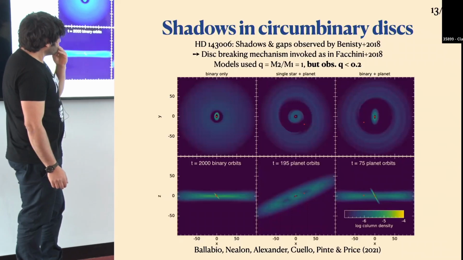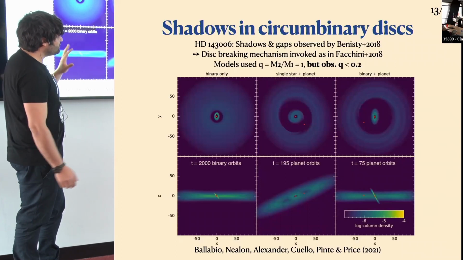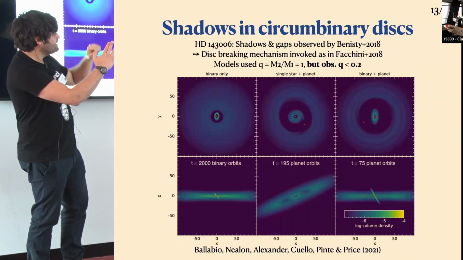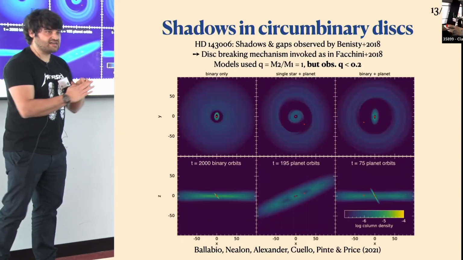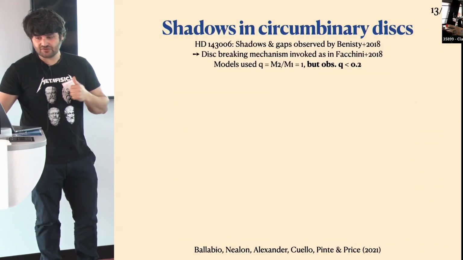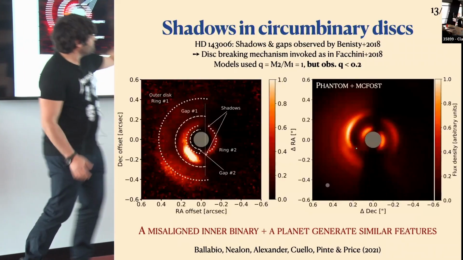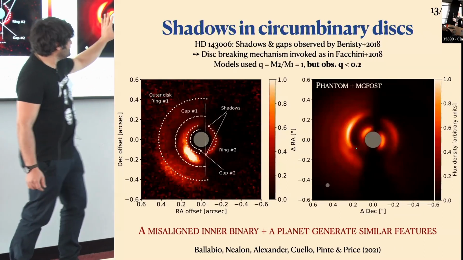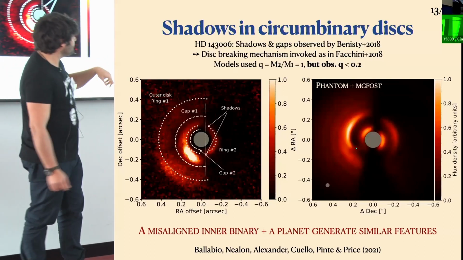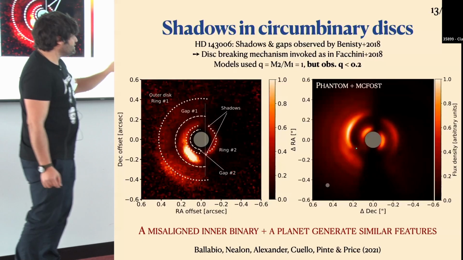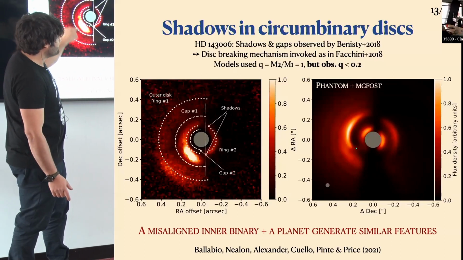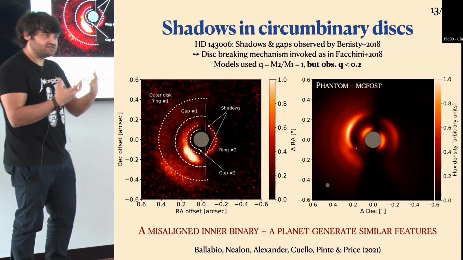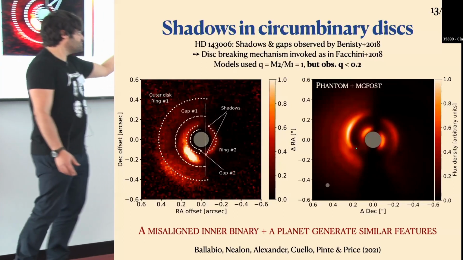And what's interesting here is that, well, things are very different in between the models, but the one that worked best was this one, because we were able to break the inner part of the disk, and then the outer companion here will clear the cavity, and this will give a very good result when we compare with the observations. And again, here I'm showing a phantom and then a mcfost post-processing, and this is the kind of image you get. So you see that we recover this shadow that we were initially interested in. There is some overdensity here, which moves a little bit around, so it can also be found more or less over here. And the interesting thing here is that we are proposing that this, which was considered a single star, is perhaps a binary, and perhaps there is also a planet in there.